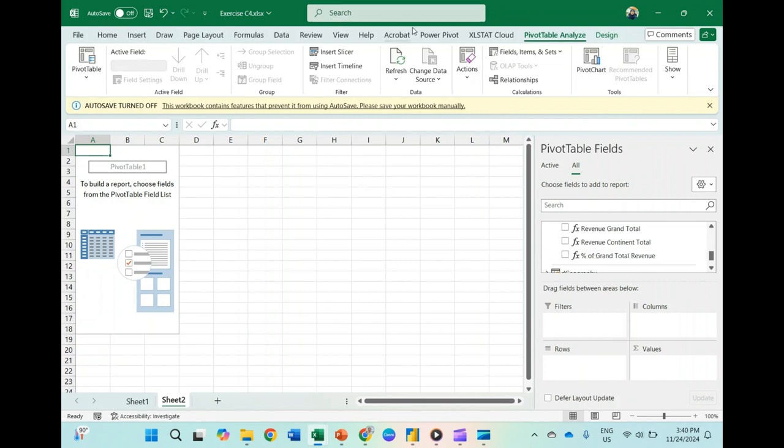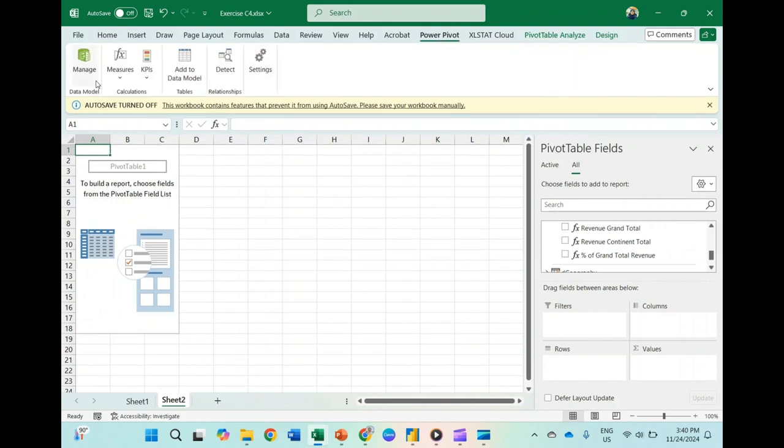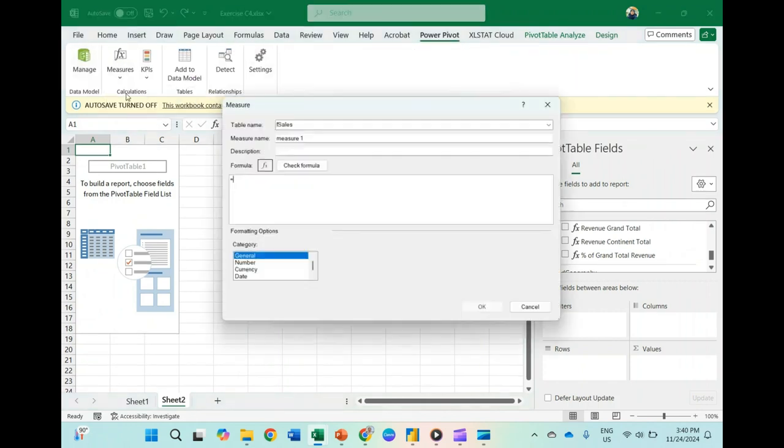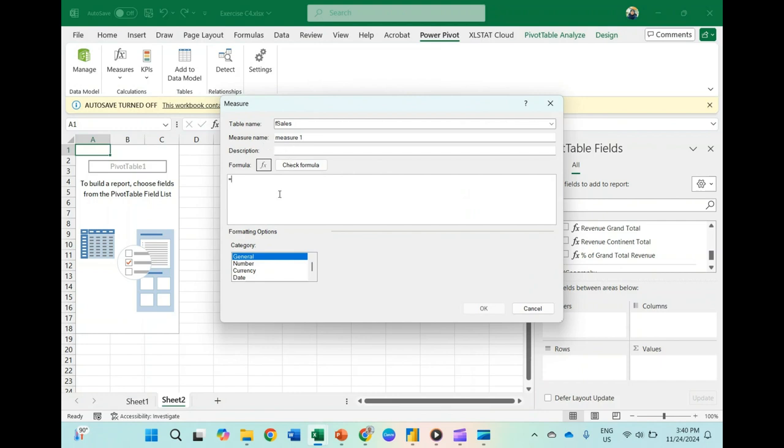One more we want to add is a new measure from the continent. In the sales table, percent of continent total revenue. Divide.